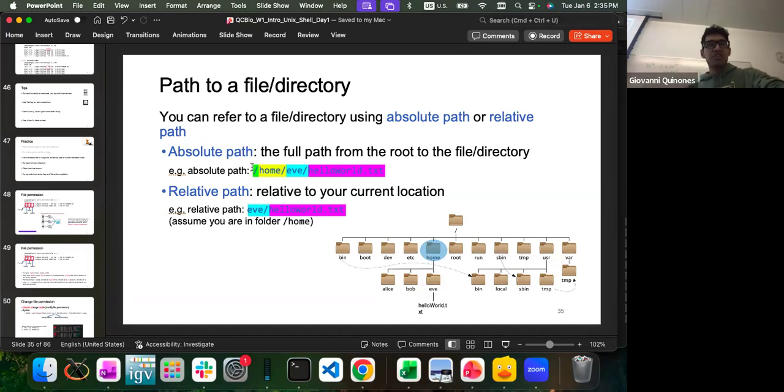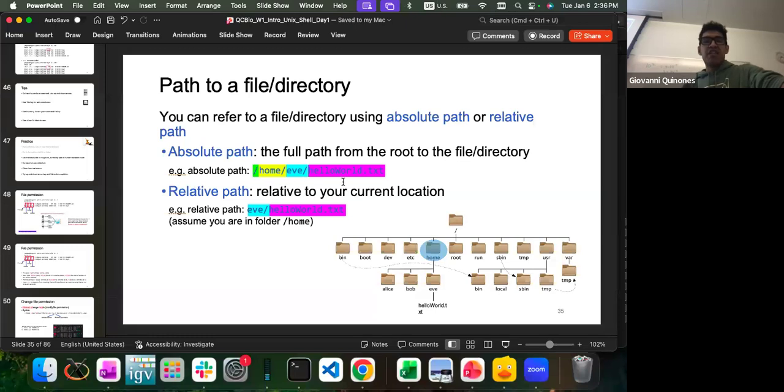Now, we're also going to be talking about path, absolute path, and relative path. What we mean by this is, if I want to move to any location within this folder structure, say I'm in this local folder over here. If I were to ask you for the absolute path, that means the entire path from the root folder, from the beginning, up until local. So it will start with the slash, followed by user, then local. That would be the absolute path.